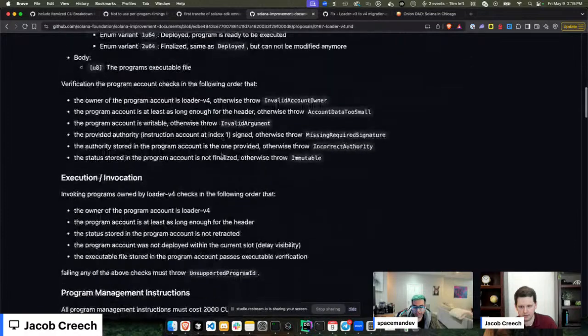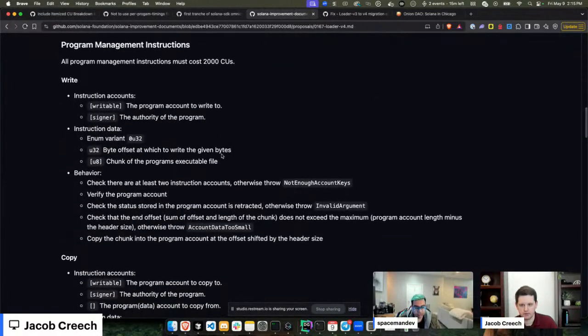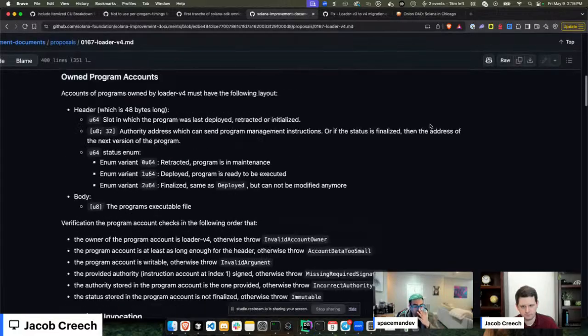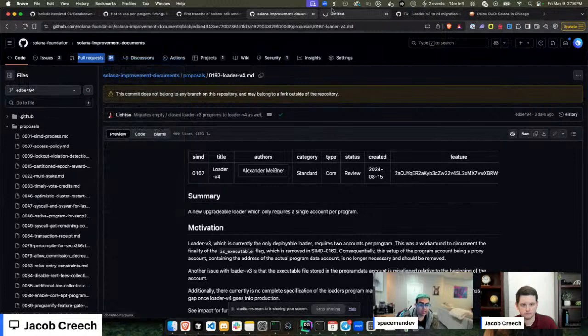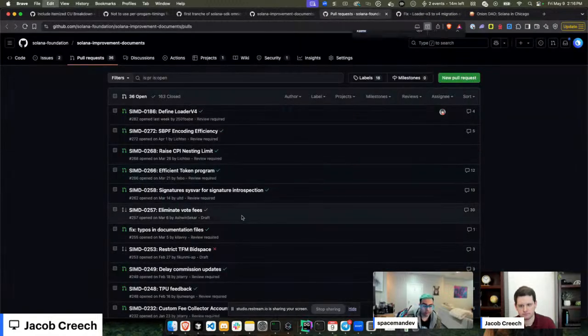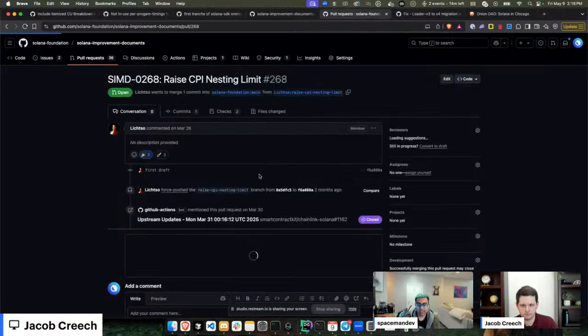So one thing you mentioned is that program runtime V2 is not a thing anymore, and its components are being moved into things like Loader V4. The thing that I was very much looking forward to in program runtime V2, and I don't know if that's slated for anything, is the CPI limit increase. When you say the limit increase, which one? Currently there's a CPI depth limit of 4. And the reason that exists is because you're cloning the VM every time you CPI. One of the things Runtime V2 wanted to do was instead of taking the